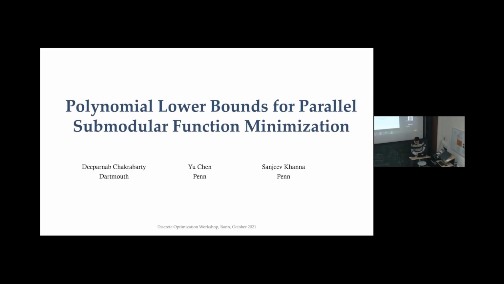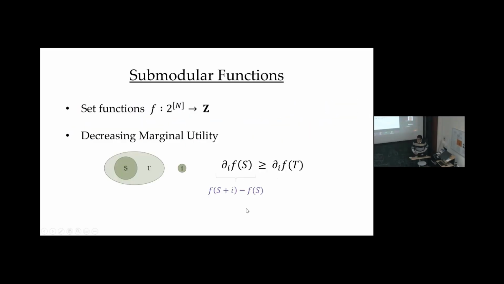Okay, so we are going to talk about submodular functions, if I can get this moving. Okay, so we saw submodular functions in Hausdorff's talk. They are set functions. My universe is going to be denoted by capital N instead of small n. You'll see why. They will be integer valued, and a function is submodular if it has this decreasing marginal utility,